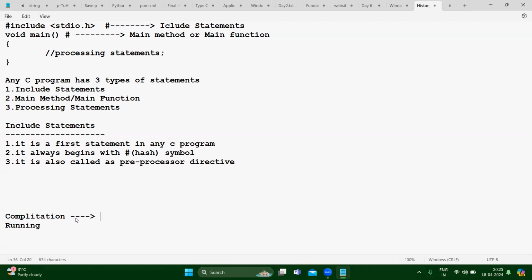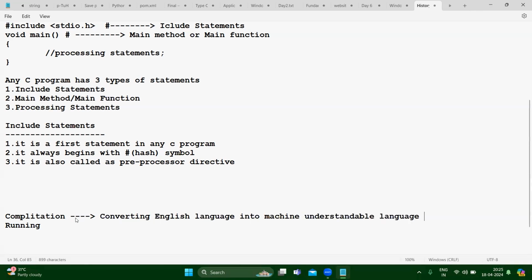Compilation is nothing but converting high level programming, English language, into machine understandable language. The machine can understand binary language, only zeros and ones, right?